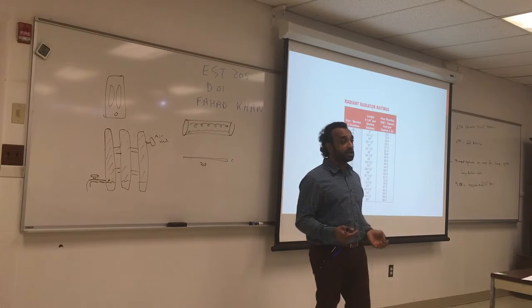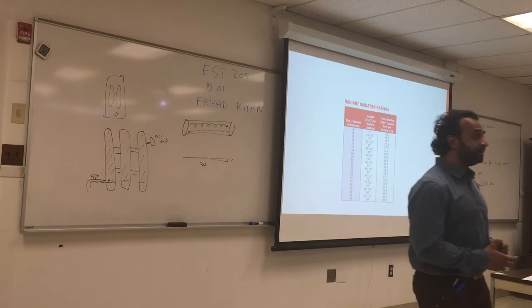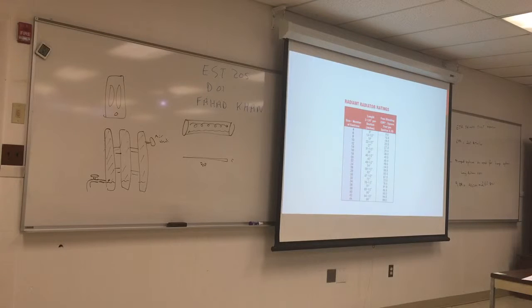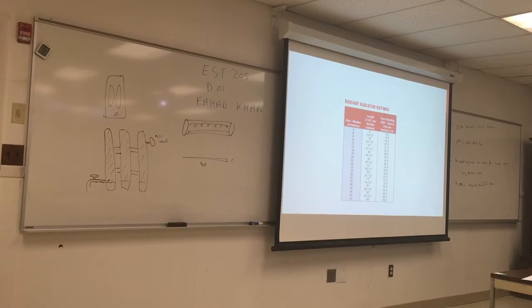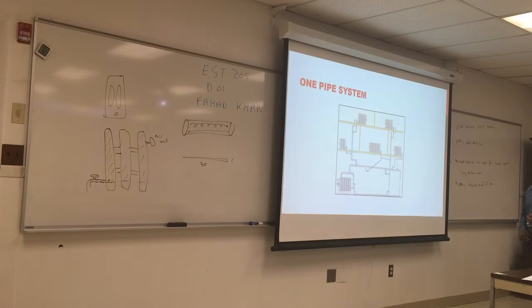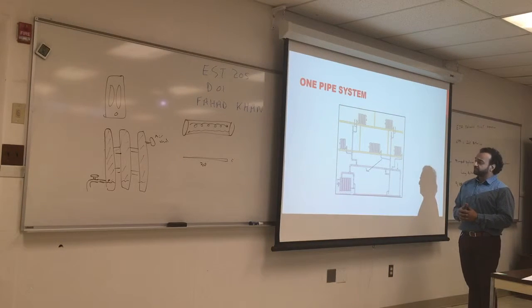And also, they are large in size. The size is pretty intense compared to the EDR. So if you have a small bathroom and you put a 3-section radiator, you take a lot of space. Meanwhile, this one will not take as much space. And a lot of tight kitchens and bathrooms tend to use baseboards because they can be under the cabinet and you don't have to see and deal with the size. This is a one-pipe system, and this is a gravity system, which means there is